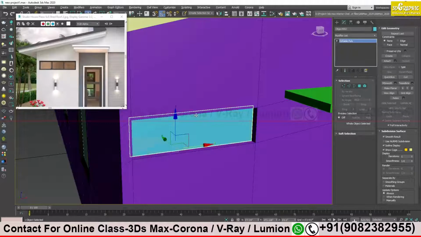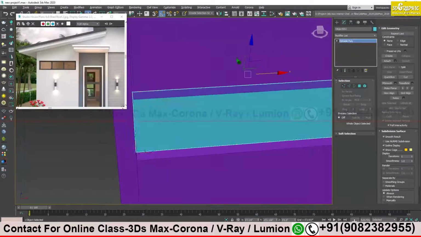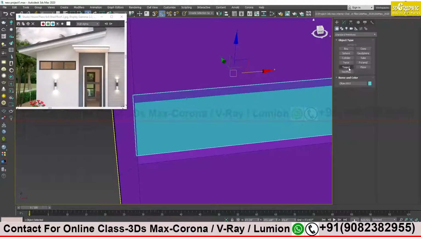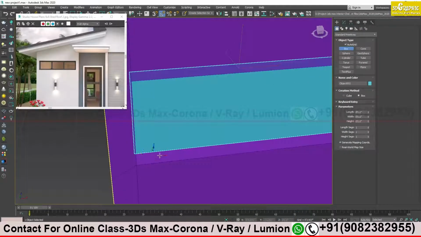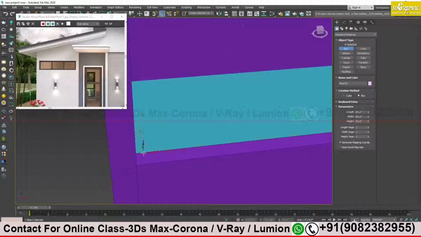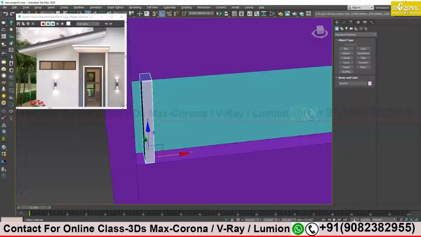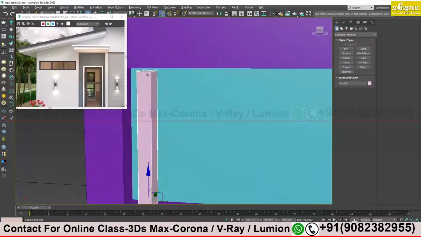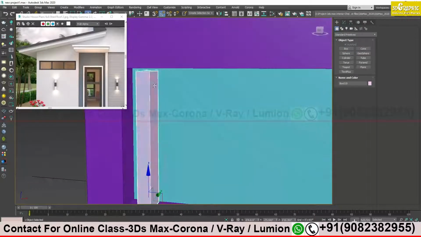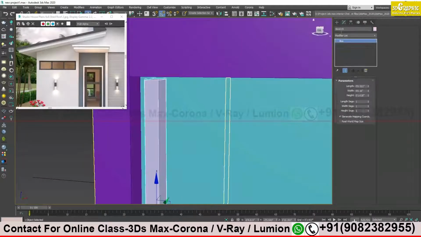Okay. Next we just have to create the panel. Okay, the black one. So it's very simple. I will go here. I will take box, and I will take auto grid. Suppose this is my platform on which my panel will be there. So I will just click and drag over here and just give a height somewhat like this. Little bit of adjustment, height is not proper, so what I will do, I will go to property.